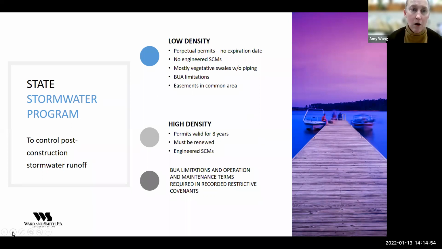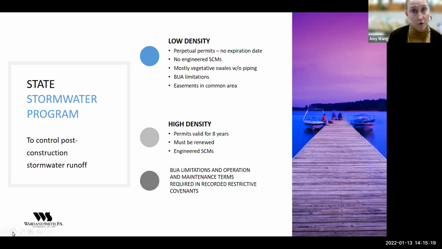Other communities are higher density communities. These are communities where they may have built upon area limits for the lots, but they will also have engineered stormwater control measures. The most obvious ones are the ponds that you can see. Some of them are detention ponds that are designed to hold the water. Others are retention or infiltration basins.